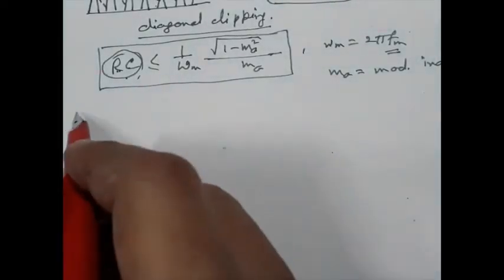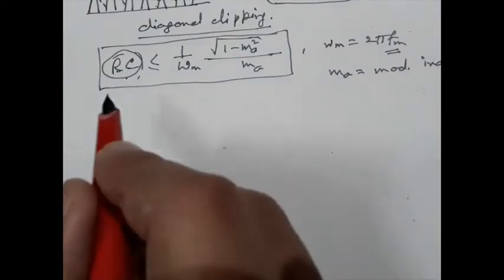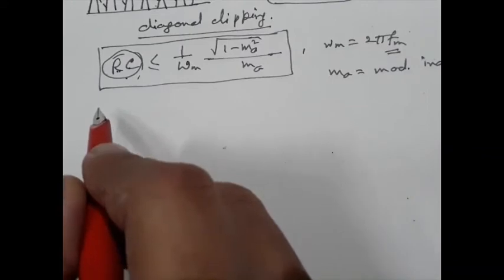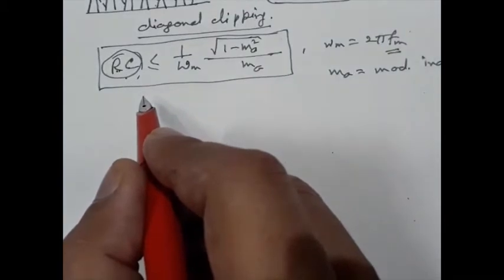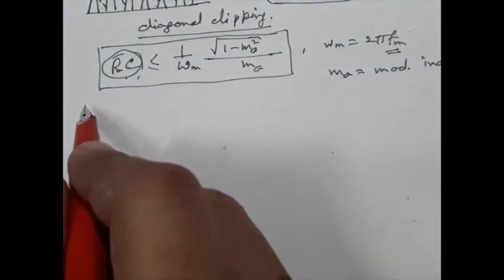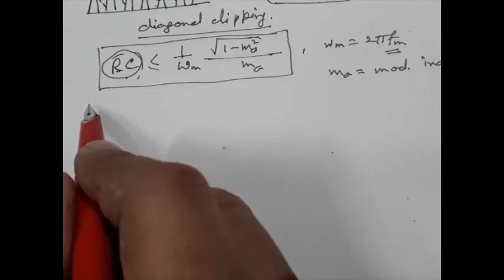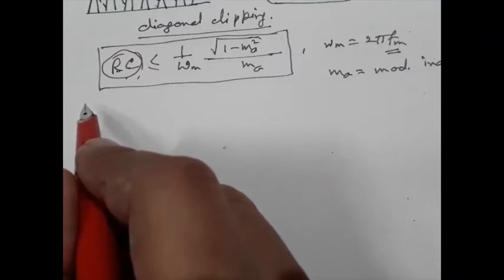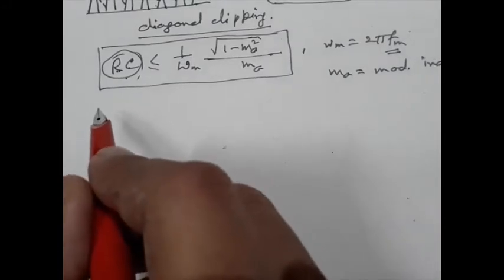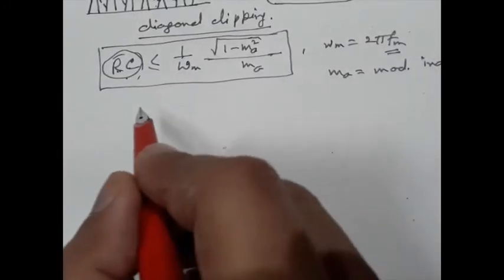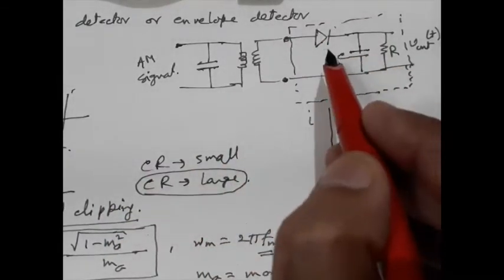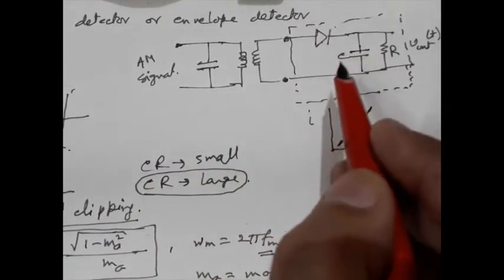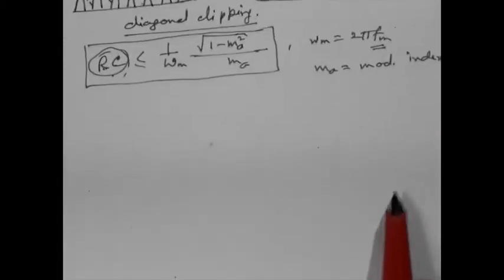So after the demodulation part, you must note that we haven't considered the synchronous detector for AM. We will discuss synchronous detector in connection with the suppressed carrier system later on, and then we will say why it is not used in AM, because AM was a cheap system. It was designed to have a cheaper receiver, but if we use synchronous detector, the receiver cost would go high. But if we use this type of receiver, envelope detector or square detector or whatever may be, the receiver cost becomes low. So that is why we don't use synchronous detector.